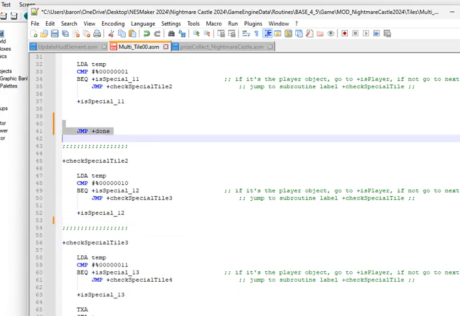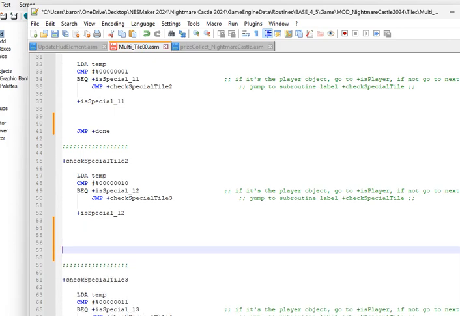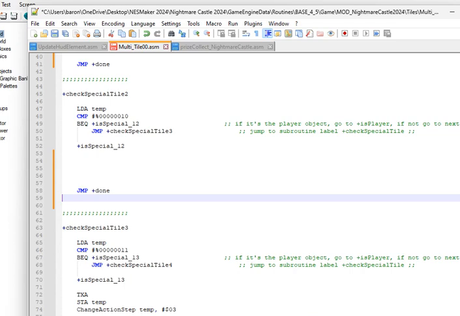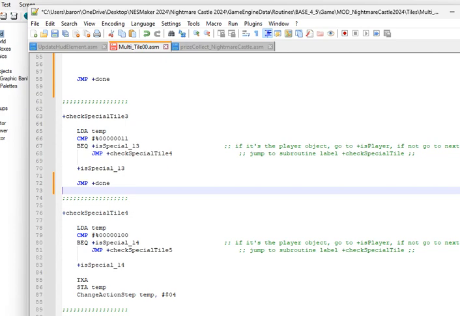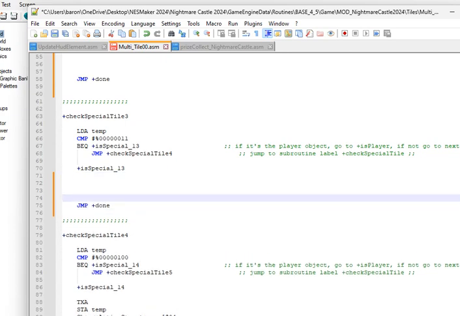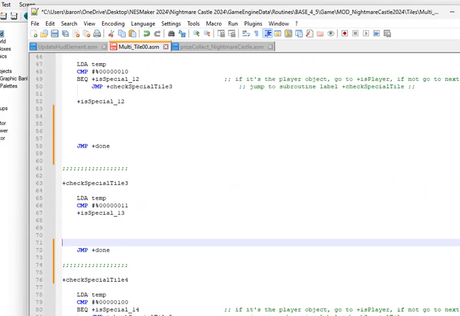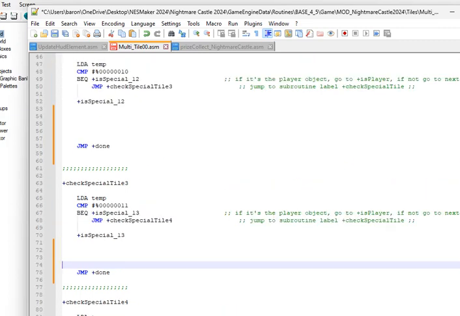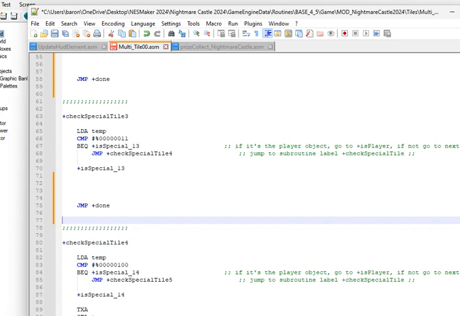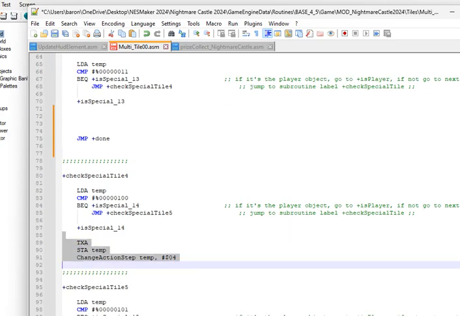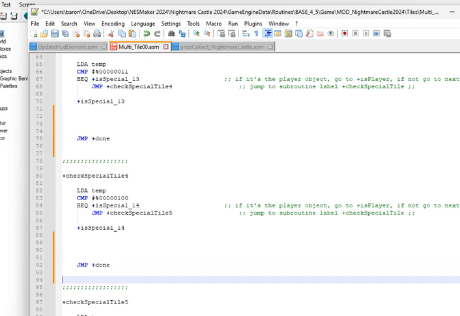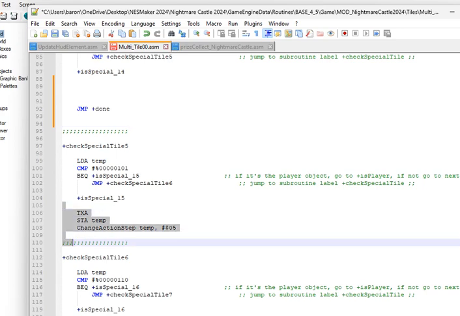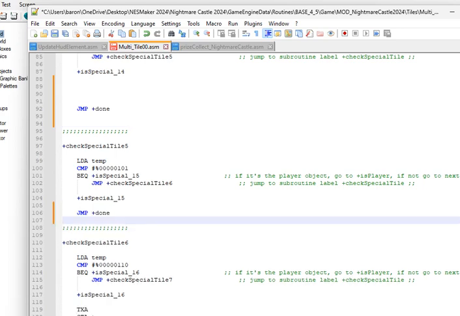So for now, we're just gonna copy this done. I'm gonna put it at the bottom of each one. Now you know what it's for. I have a version of this that has the score routine in it, if anyone's looking for that. So just give me a moment, I'll copy and paste the rest of these.